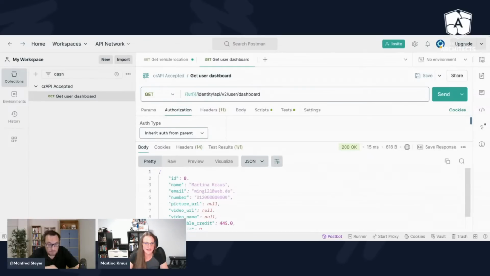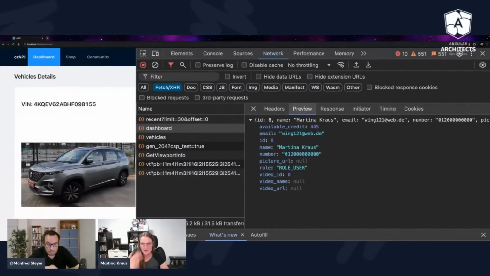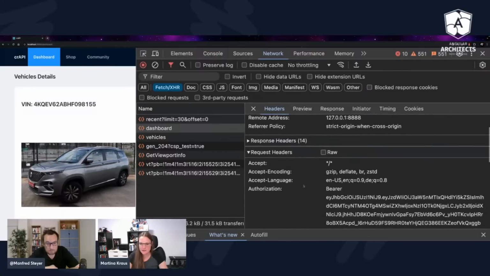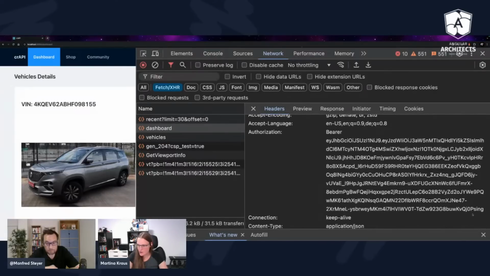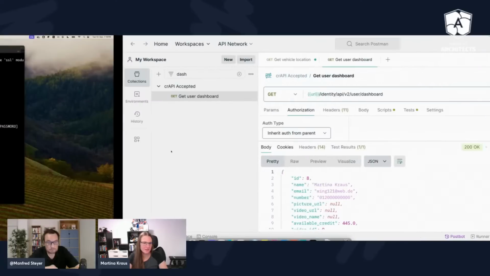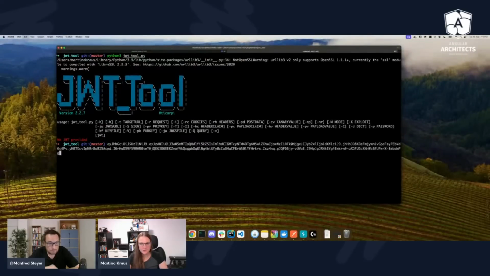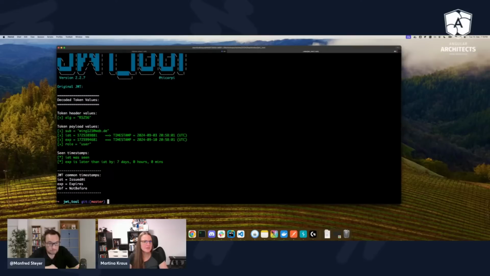I want to manipulate this token now. I mean, we can find it. I showed how you can steal the token. You can just do that. And then basically, let me shortly copy this token over here. It's like a huge, huge token. And then we just use a great tool. It's called JWT tool. With the JWT tool, you can insert a token, and then you get some information about the token, the claims basically.